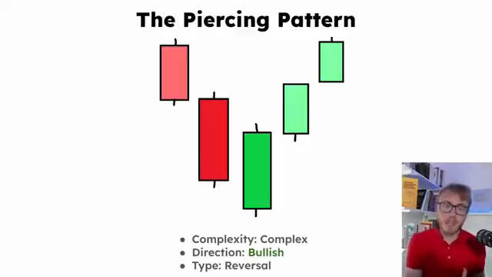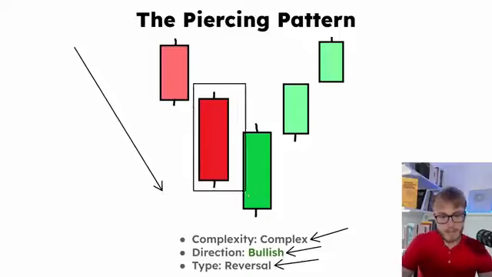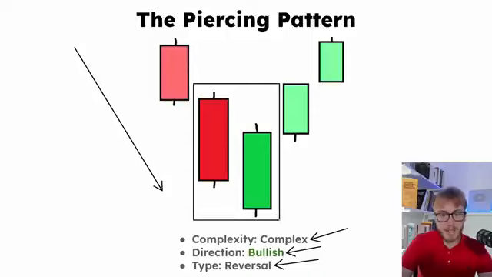Alright, so now the time has come to take a look at the piercing pattern, and the piercing pattern is yet another super useful reversal pattern. And this pattern is complex because it consists of 2 candlesticks. The direction here is bullish, and as I said, the type here is reversal. So before the pattern appears, we need to see a downtrend. Then these 2 candles right here are the actual pattern, and the goal of the pattern is to reverse the